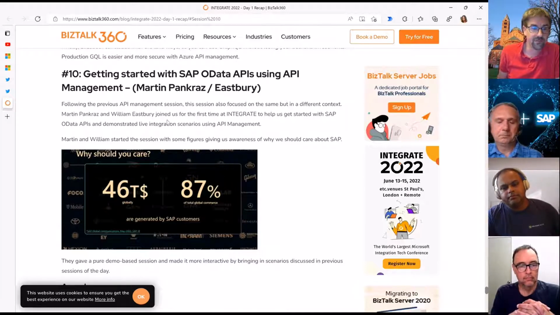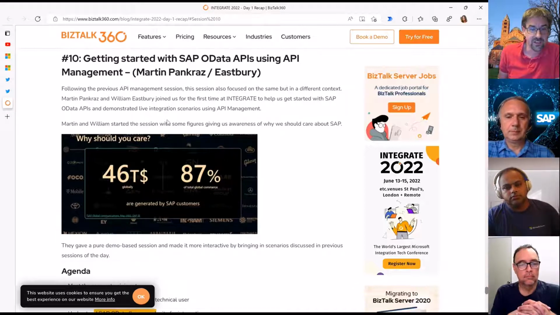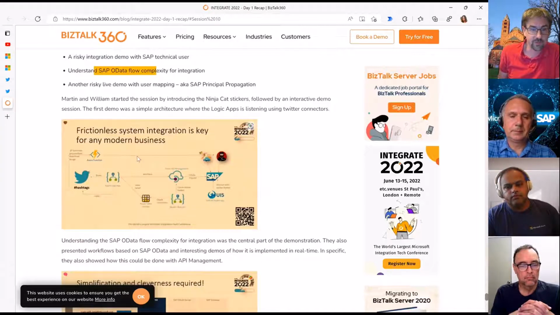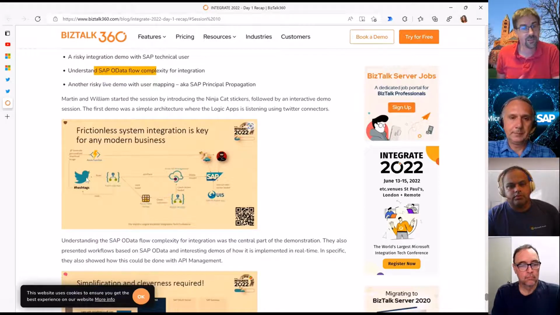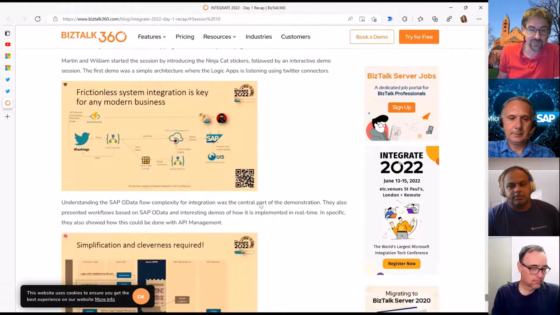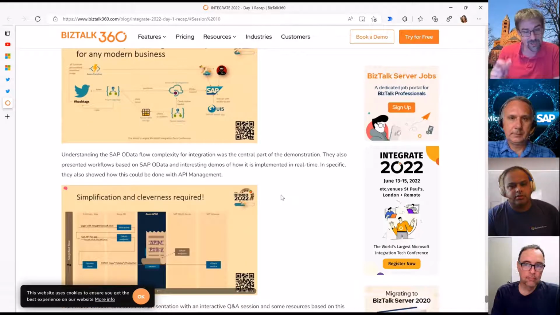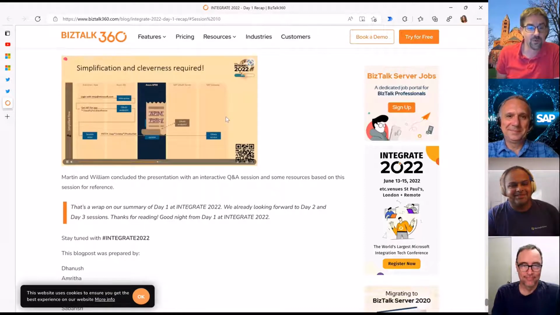And there they had a very interactive session where Martin and Will demoed this flow. Actually, they had a Twitter hashtag, basically, this ninja cat. And if you scanned the QR code and were there at the conference, you could get some cool stickers from Martin. So I thought this is definitely a very interesting scenario that we see with lots of customers now,